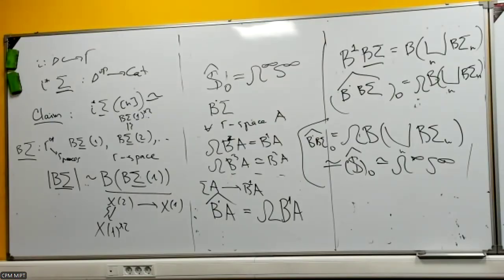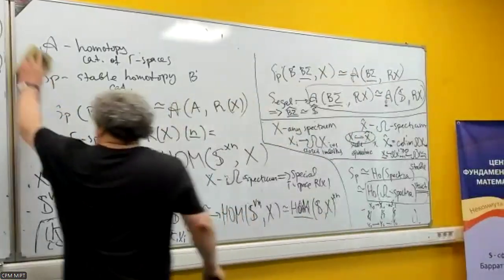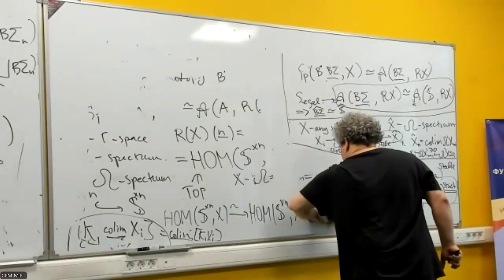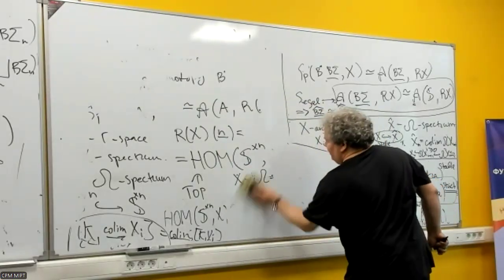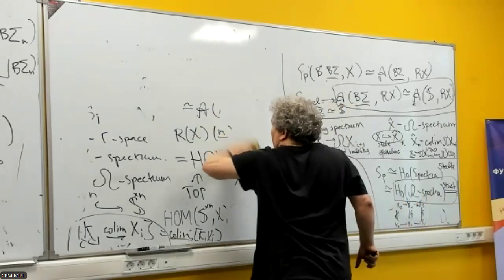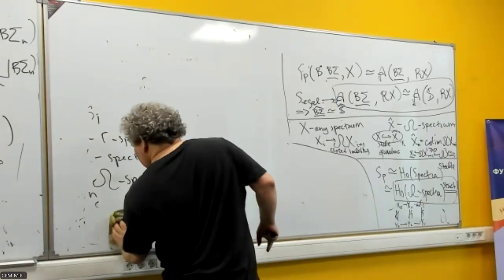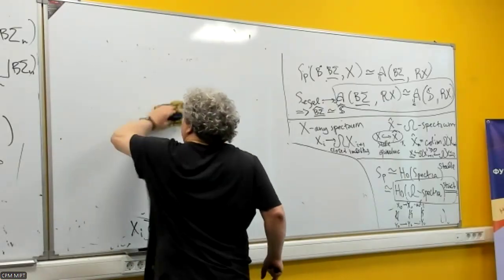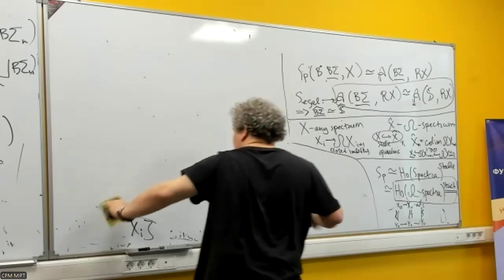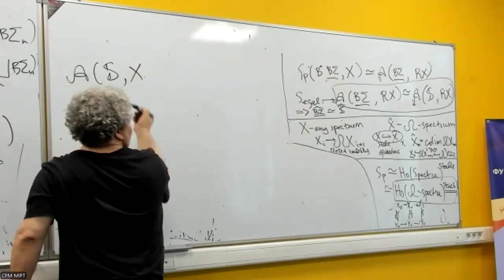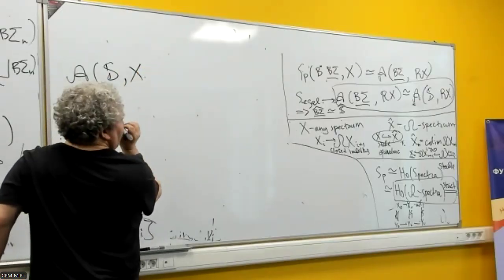But now I would like to make some simplification of it. So of course X will always be a fibrant spectrum for these needs. Then, first of all, let me look at the right hand side. So then it's clear that for any spectrum X, the hom from the sphere spectrum to X,